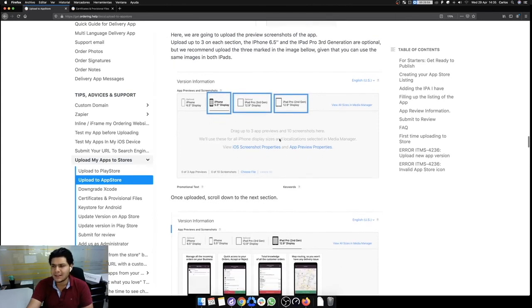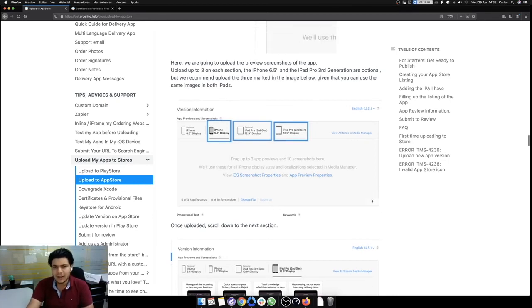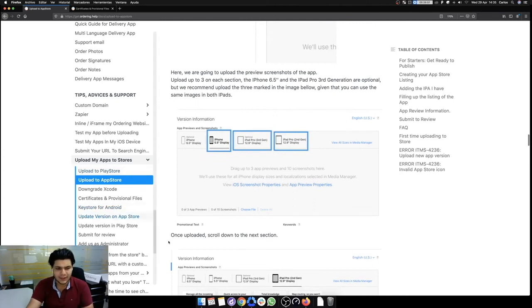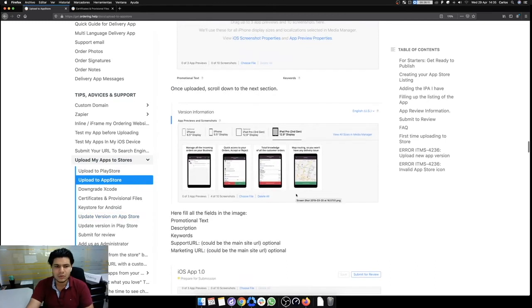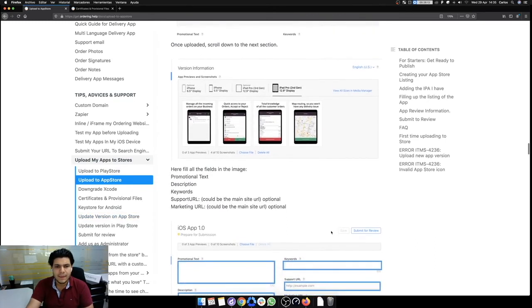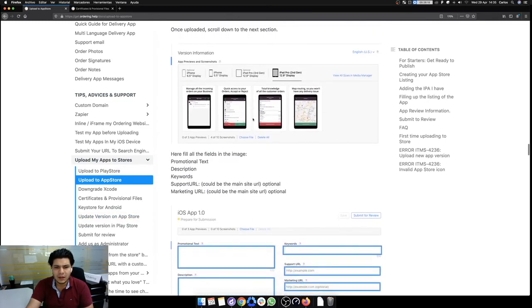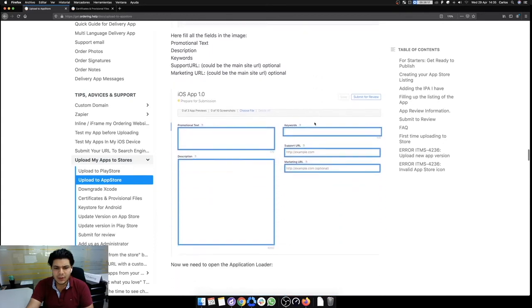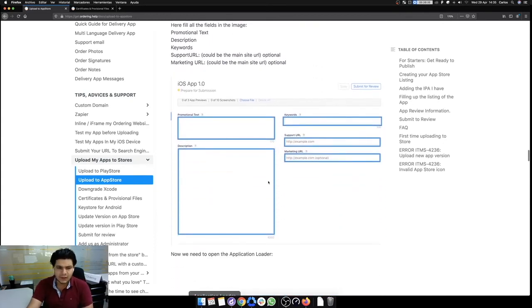These have sizes, and we create them if you add the listing services, so you don't have to worry about it. If not, we have all the information in these guides for you to do it yourself, so you don't have to worry about it. Once all the screens are uploaded, we continue in the next field, which is promotional text, description,